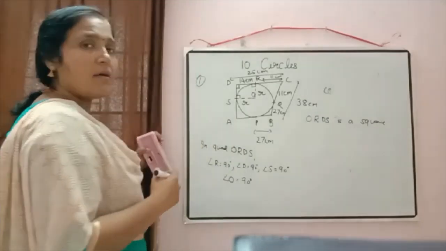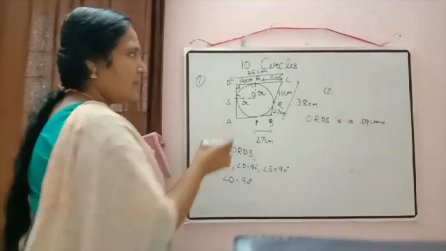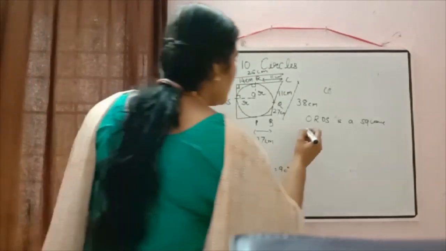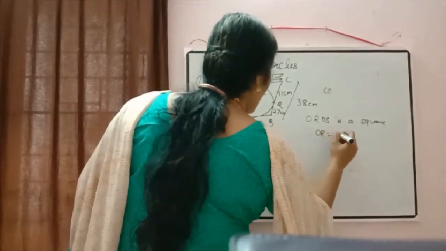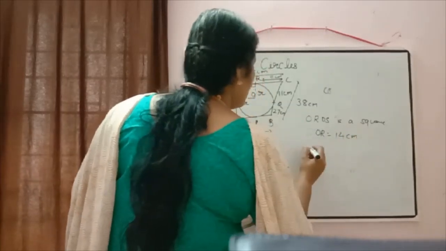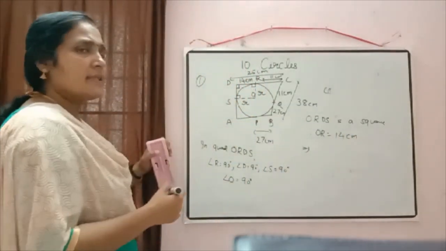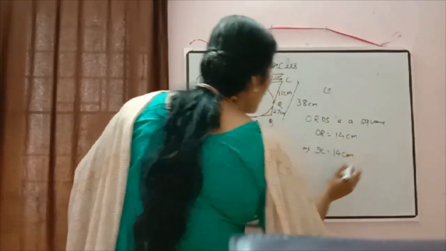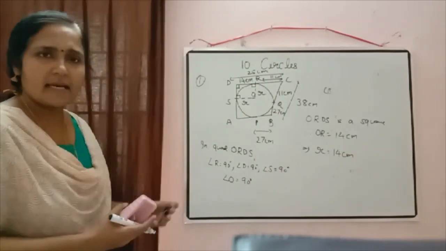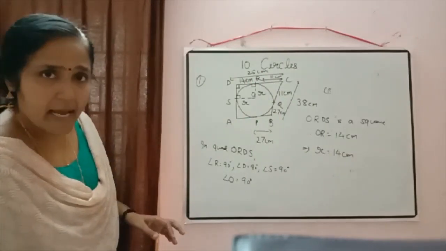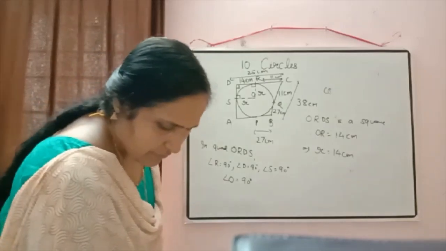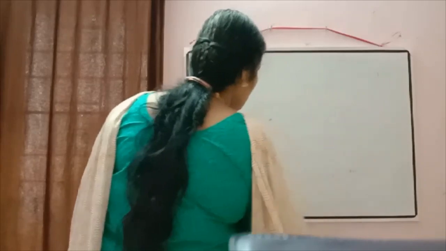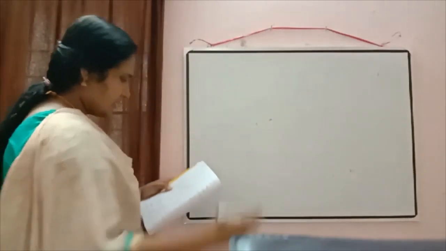So in a square all sides are equal and one side of that quadrilateral is 14 centimeters. So we can write, therefore, OR is equal to 14 centimeter. What is OR? OR is the radius. So we got here the radius is equal to 14 centimeters. So is it clear how to use the property of tangents there? Okay. Now we will check the next question. The next question is written there.